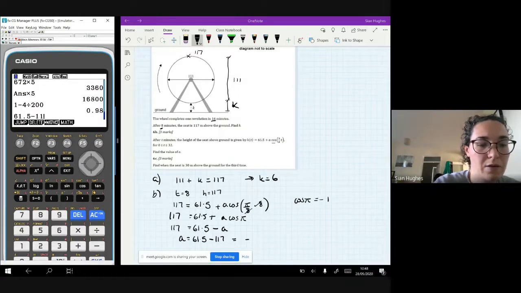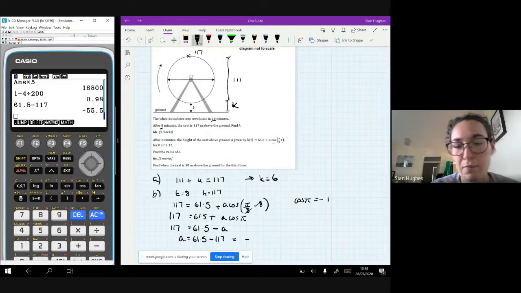61.5 minus 117 minus 55.5. There are other ways of going around this question, which is to realise that A would be the amplitude